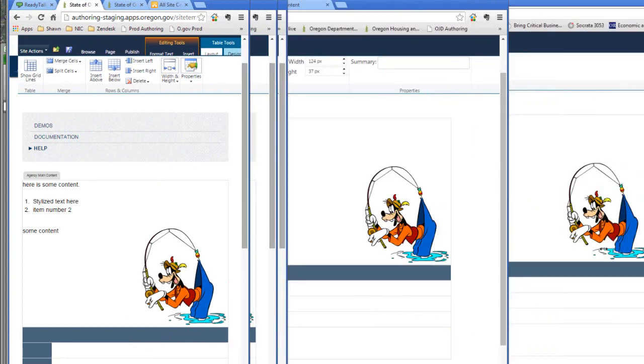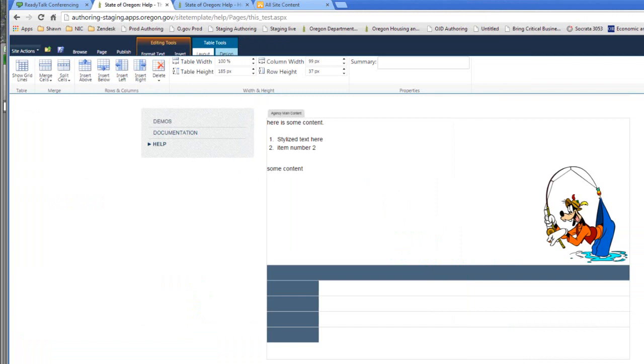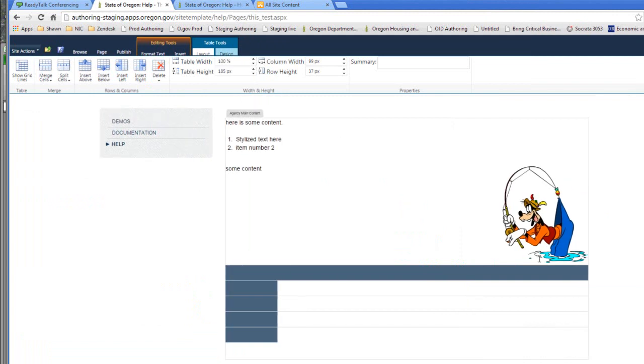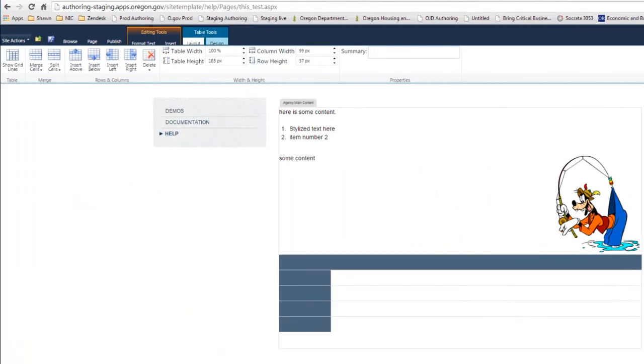And if I change the size of the page like this, it will come out to its maximum. This content area has a maximum width to it, and so it will be brought out to its maximum. If I change this percentage, then that table will change in respect to the page width or the content area width. So if I go down to 60% on that,